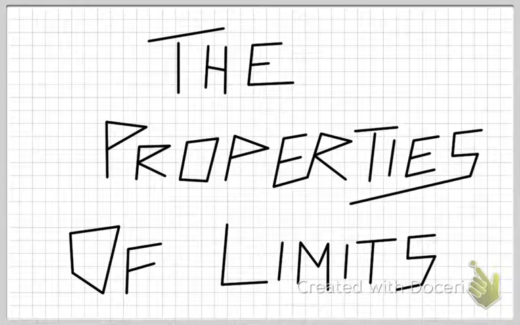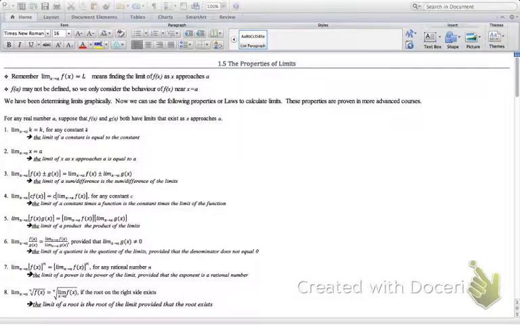Today we will be looking at the properties of limits. As we begin looking at the properties of limits, I want you to remember that when we are looking at the limit of f(x), what this means is finding the limit of f(x) as x approaches a. As f(a) may not be defined, we can only consider the behavior of f(x)